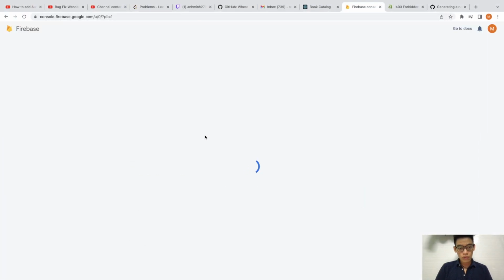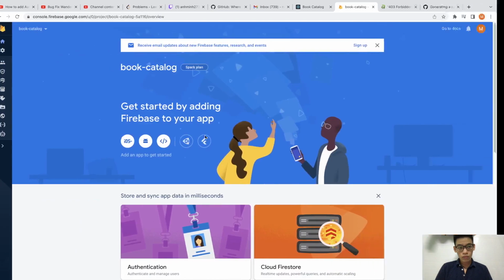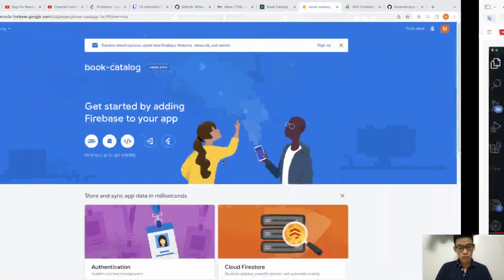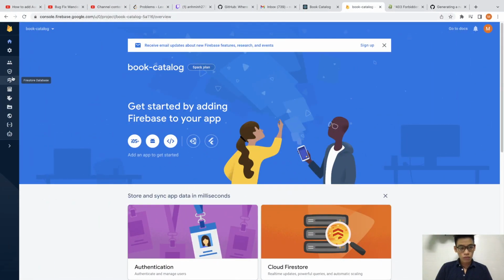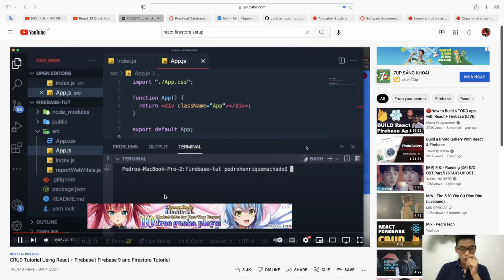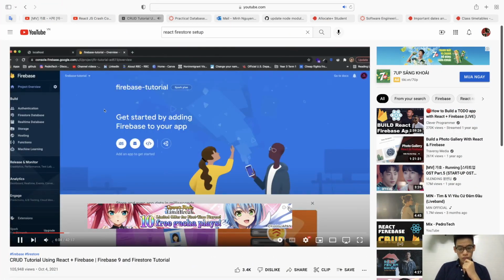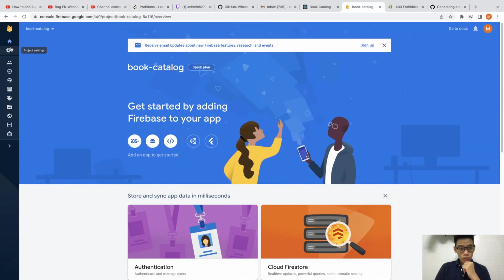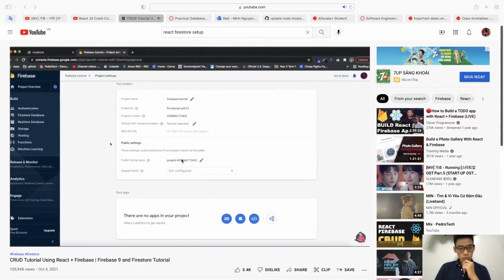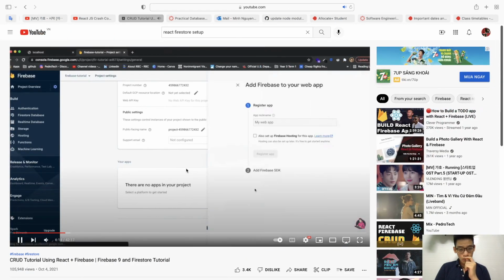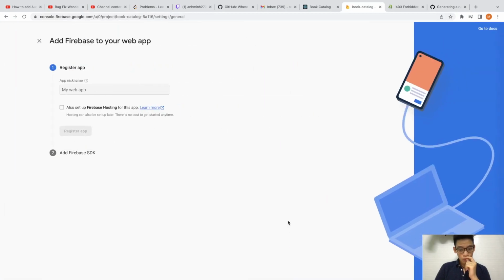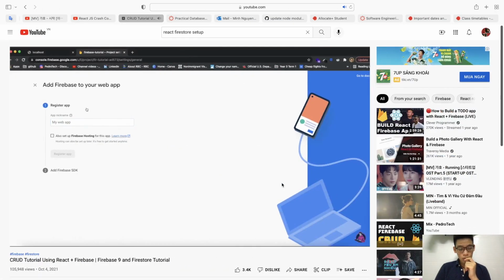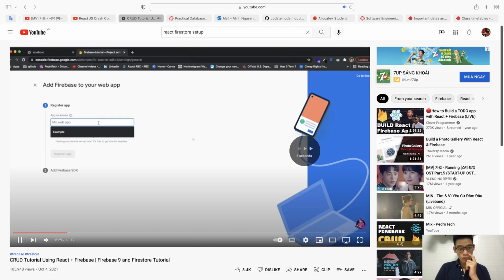So what we want to do right now is connect this project to our React application, which, by the way, the Firebase dependency just installed. And how do we do this? Well, the first thing we need to do is click over here on this button and go to project settings. Then this over here will open up, and down here at the bottom we should see this button, and we can click on it and it will say register our app. We need to register our app because we're basically registering to Firebase so that it knows that we're actually adding to create our